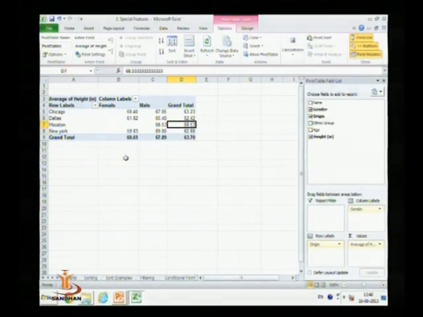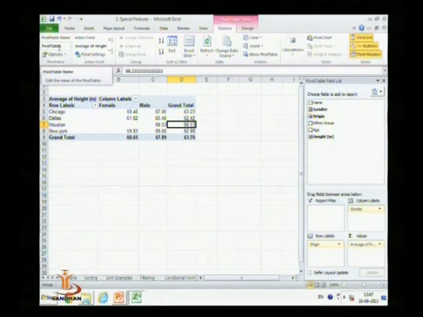So in this way you can find meaningful data when there is a large amount of data. Here also we can use pivot graphs.